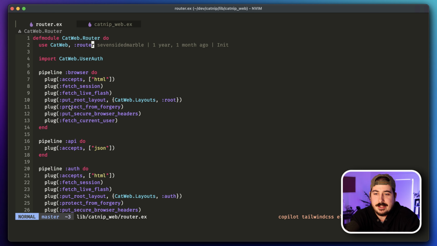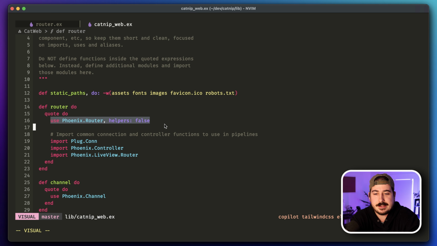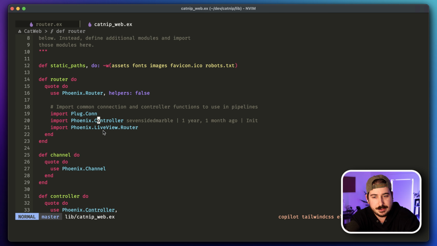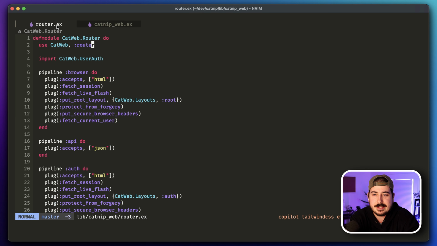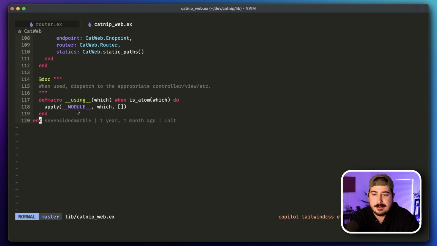I just want you to understand where this is. Everything you see in the router here, all these functions, all these macros, are going to come from one of four places. Either this use Phoenix router line, which we'll look at in a second, or one of these three imports: plugcon, Phoenix controller, LiveView router. Now, just like this use macro has a corresponding using block at the bottom of the file here,